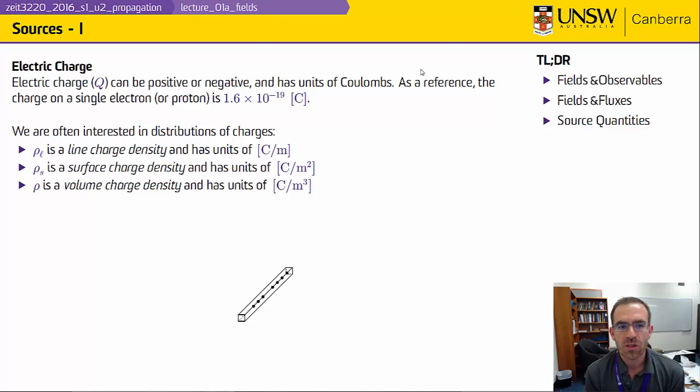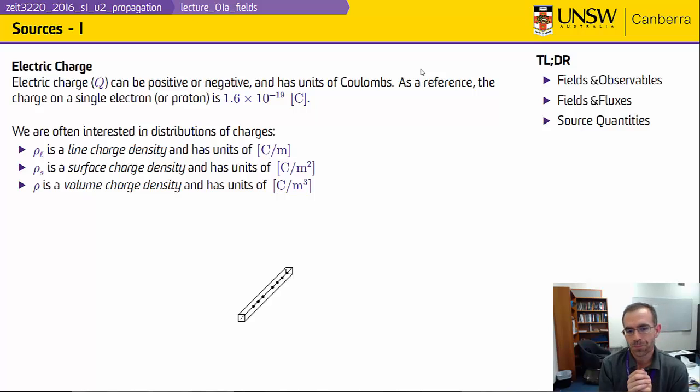By way of reference, the magnitude of the charge on a single electron or proton is 1.6 by 10 to the minus 19 coulombs. And of course, an electron has negative charge, whereas the proton has positive charge. They're equal and opposite. The total charge on a hydrogen atom, which has a proton and an electron, is 0. If it has a neutron, it's deuterium, and the total is still 0, because you have a positive proton and a negative electron, and those two in a macroscopic sense